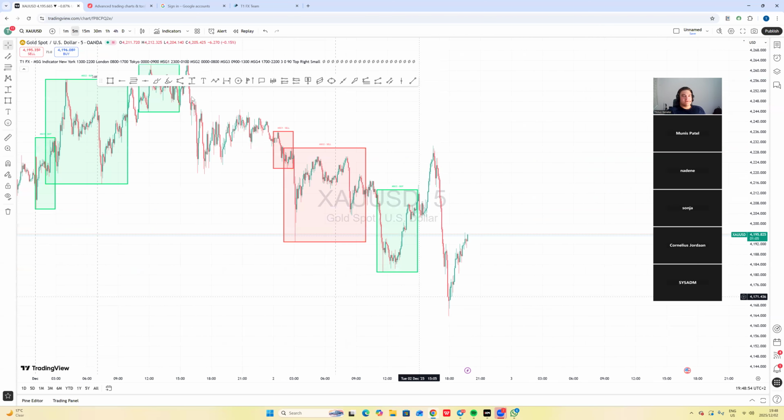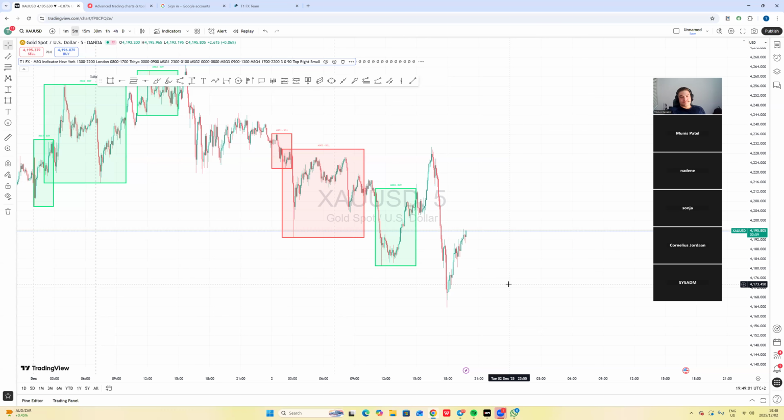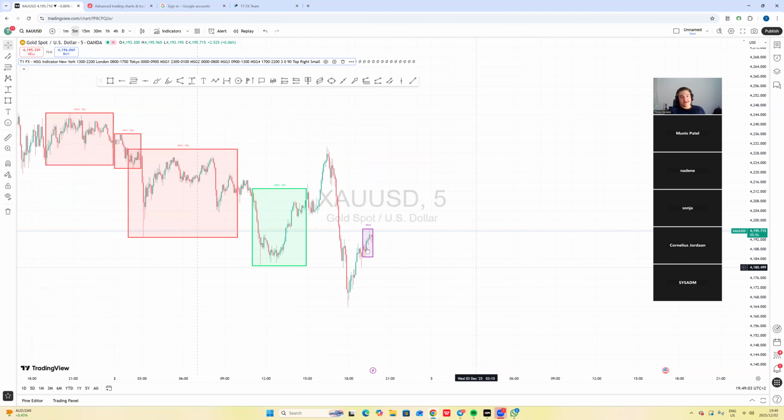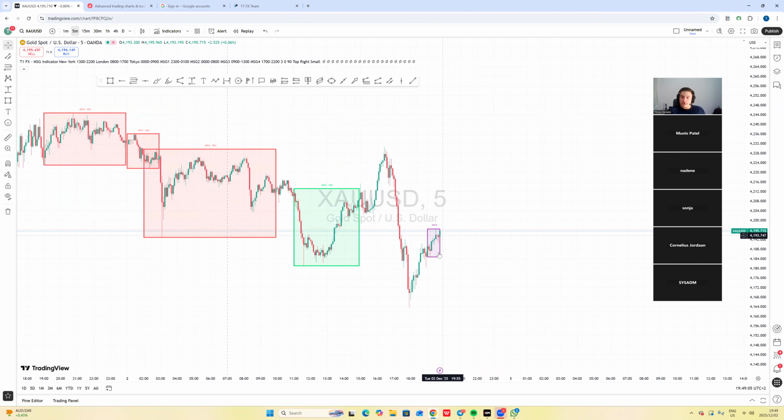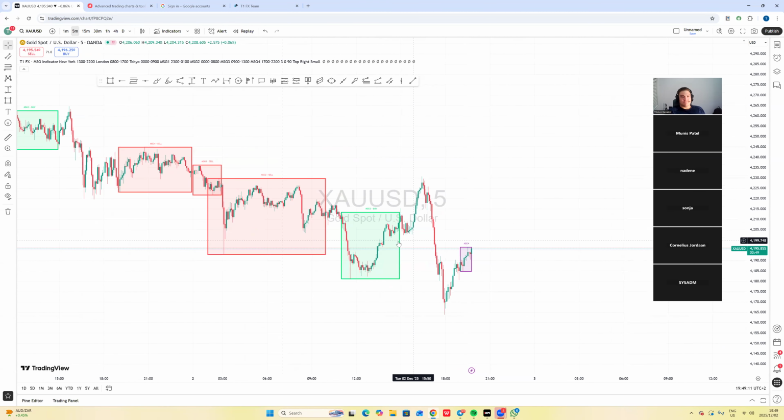Let's put in the next one, the last one. So it's actually forming now, as you can see, MSG4. So how does this now work? Okay, so you see this one was a buy, né? Broke out, came back in, high risk was triggered. Here's medium risk. Here's low risk.